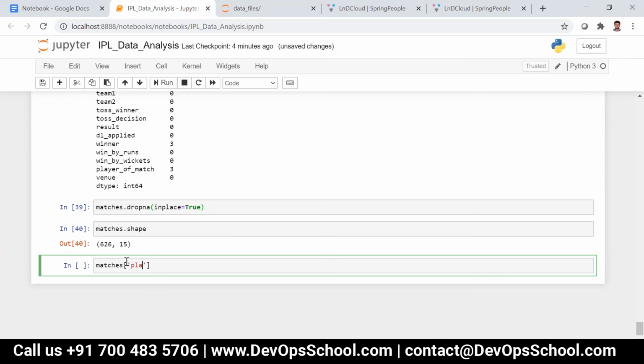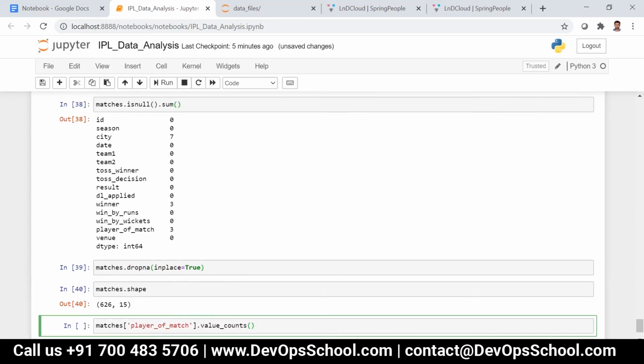Yes, question there. We intended to have a player of the match here, where we see three records were actually having null. Most likely they were dropped, right? With this command, dropna inplace is equal to True, it will be deleting all the records wherever we see nulls, even in the winner column, those records will be deleted as well. Everything will be dropped. Is there any way I can just select the player of the match wherever I find null and drop only that row instead of dropping everything?